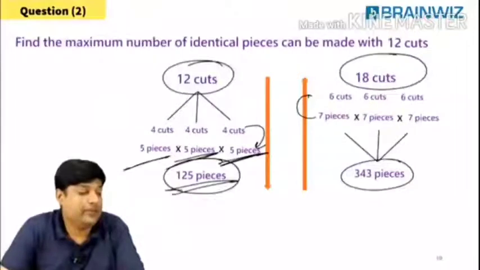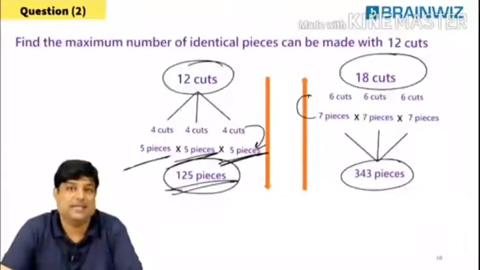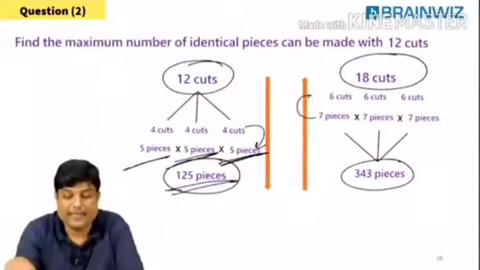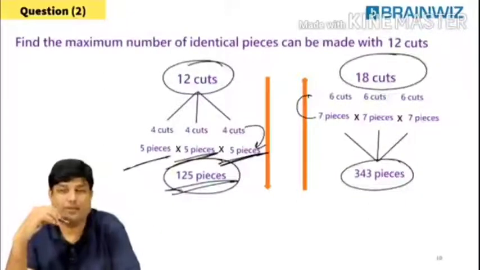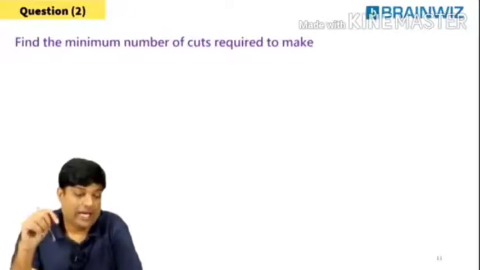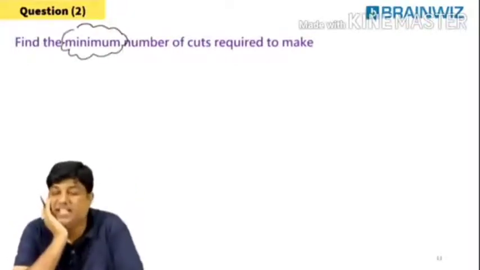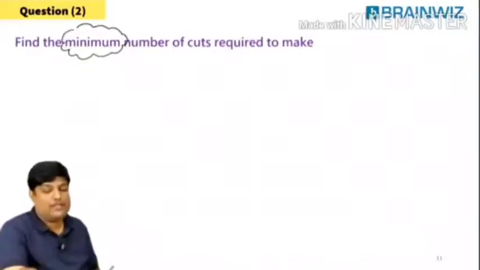Are you understanding, everybody? So some people will give you pieces, and in turn they will ask you cuts. Hopefully you all are understanding this. Very good. बहुत अच्छा. चलिए. So I want the minimum number of cuts required. क्या चाहिए तुम्हें? Minimum number of cuts required. Are you understanding, everybody? चला.